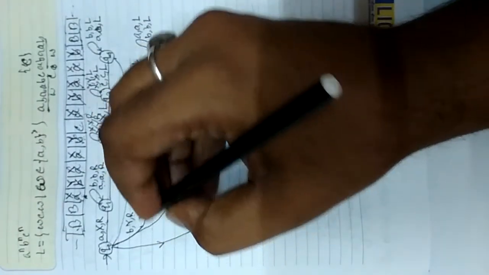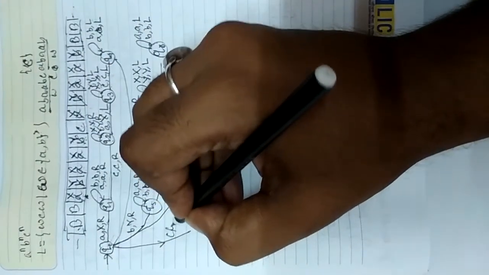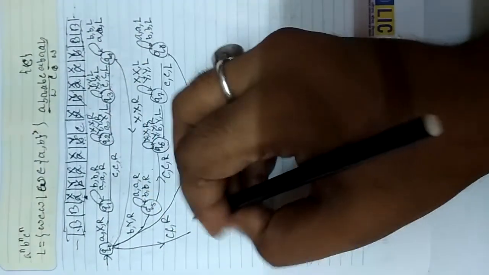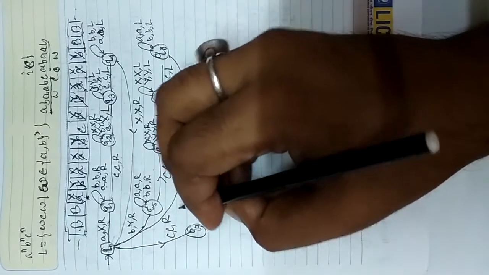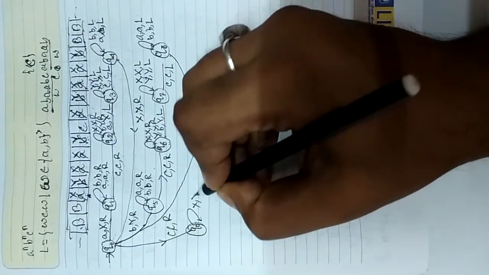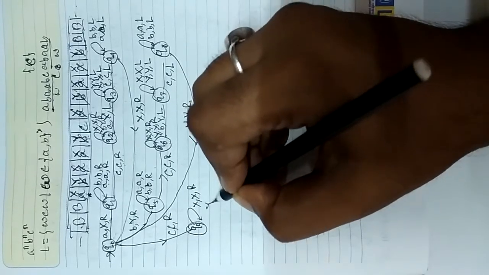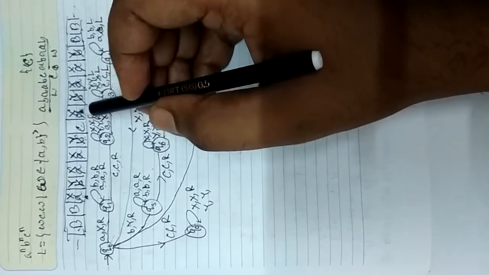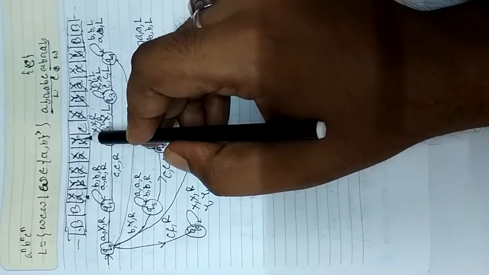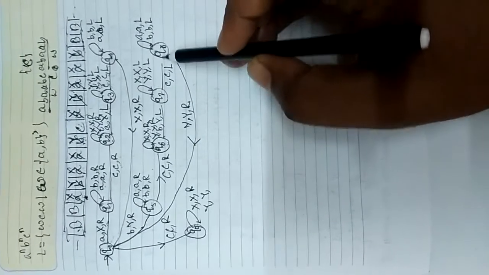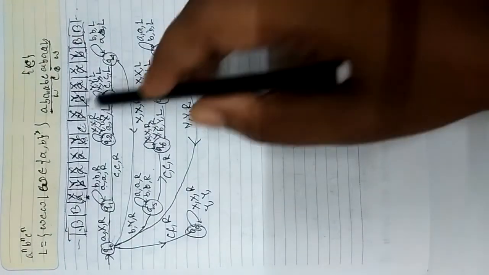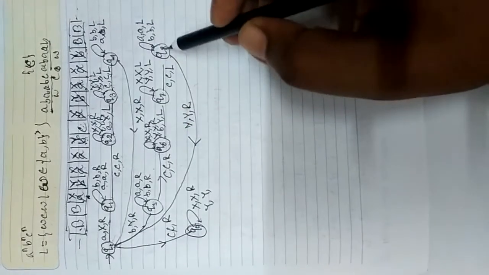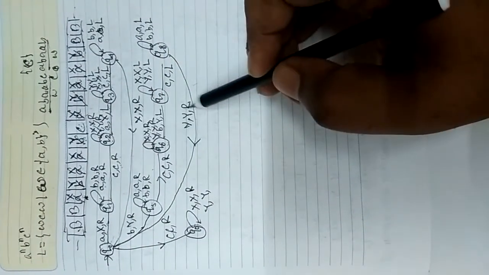In that case, if you want to find a diagram for this c, another thing you have to do is first read c, replace c by c, and move towards right. Next q0, this is q8, so this is q9, and we will do another transition. We will replace x with x and move right, y with y, this one. While moving, you encounter c, and so from q0, when you last read c, you go to this q8 state, and after that you move towards left. So you first read y, replace this y by y, and move towards right.